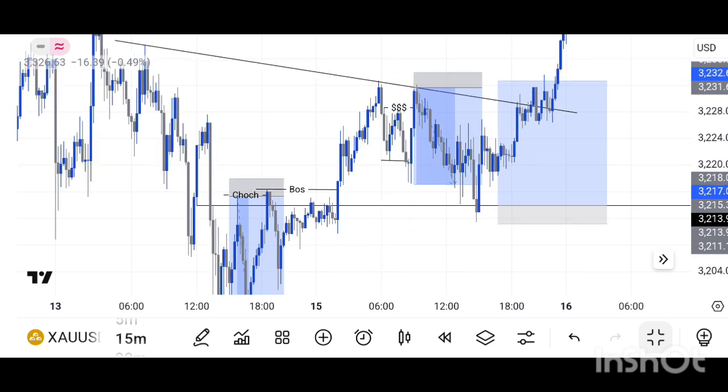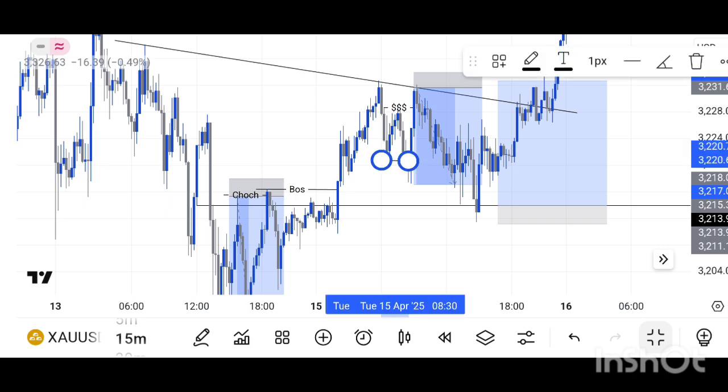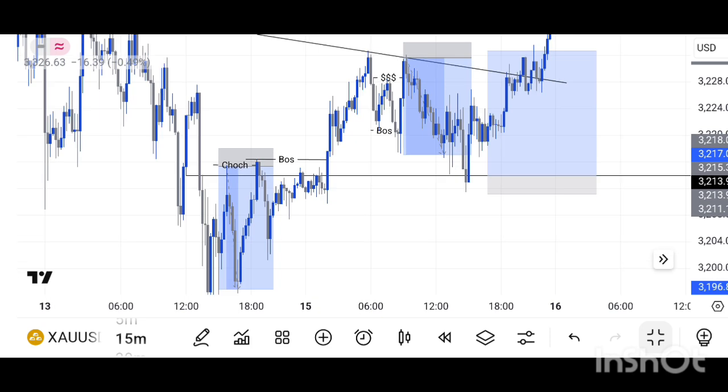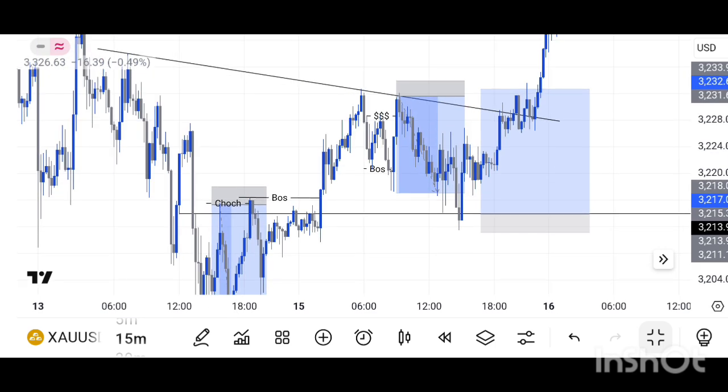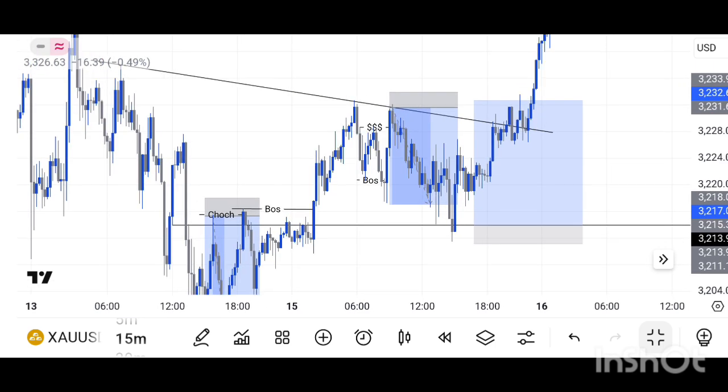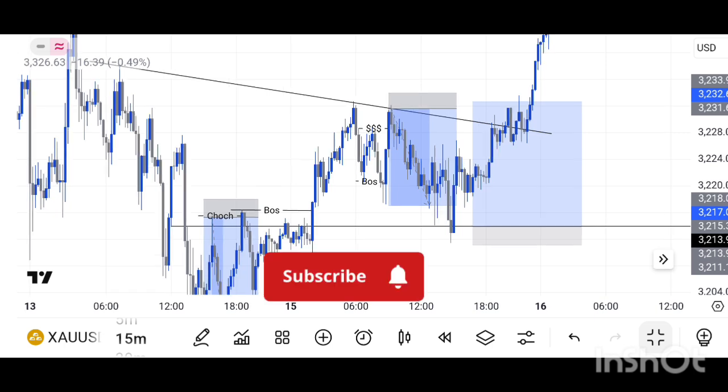That's exactly what helped us catch this first sell trade. I was seeing a down trade inside the overall, which is a buy. So now the same thing happened. I saw price break to the downside, and now I want to try and catch a good selling opportunity. So price left